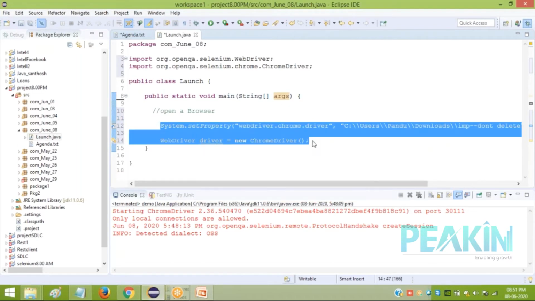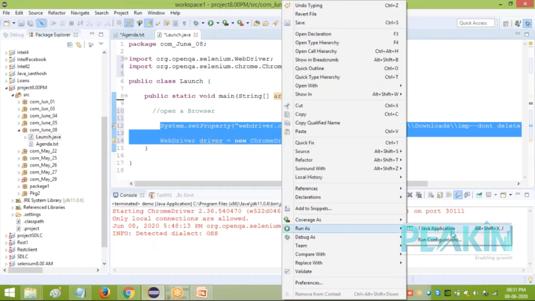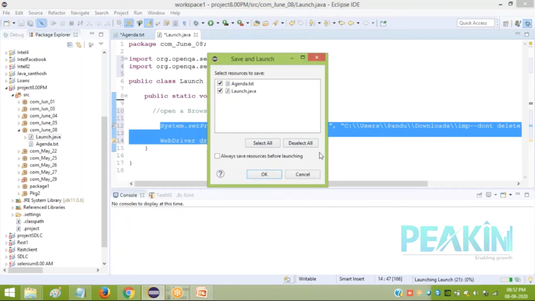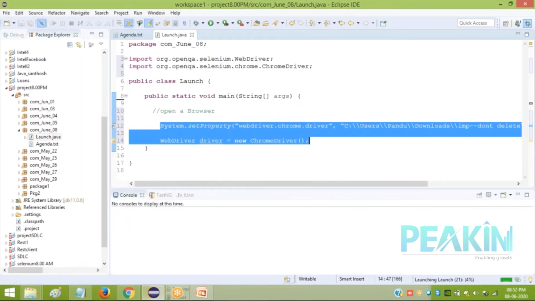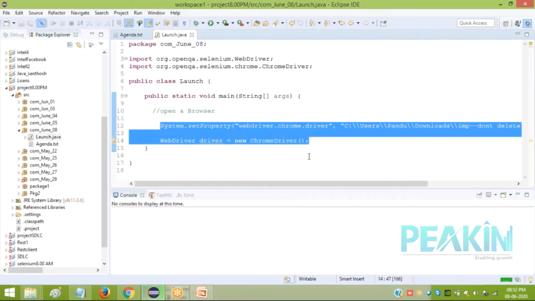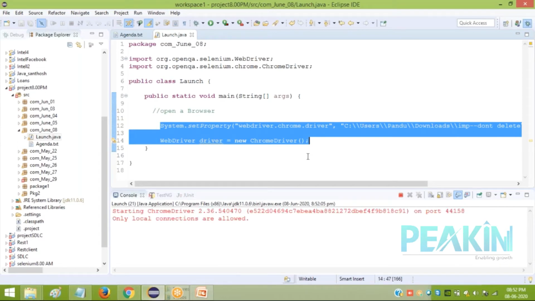So with these 2 lines of code, if you run the program and execute it, it is going to run the code you have written in the public static void main.